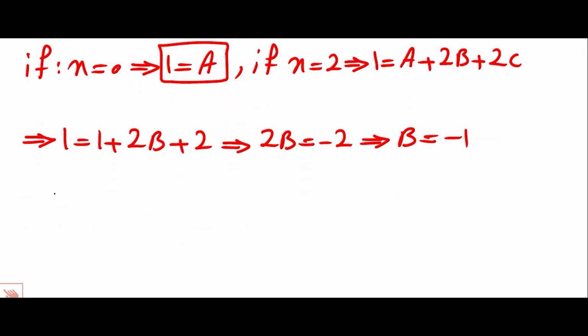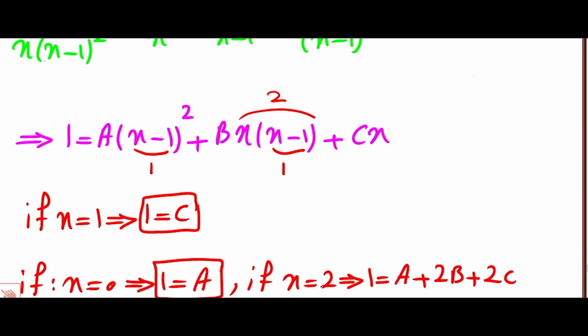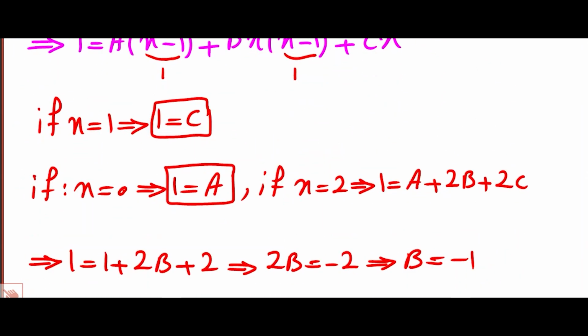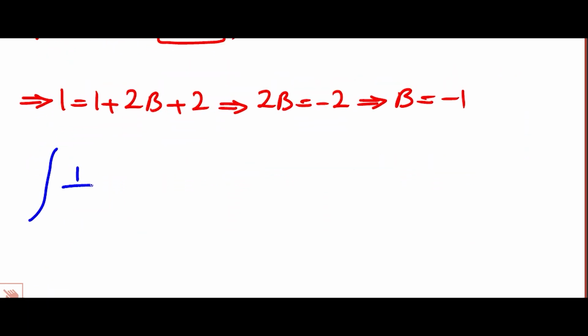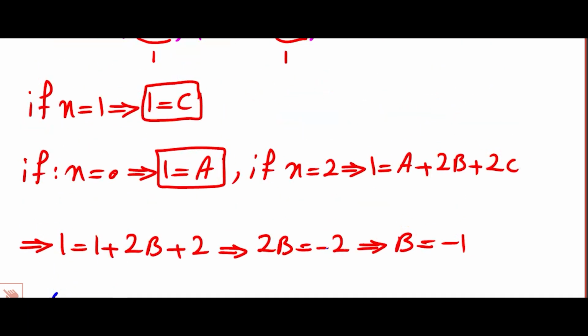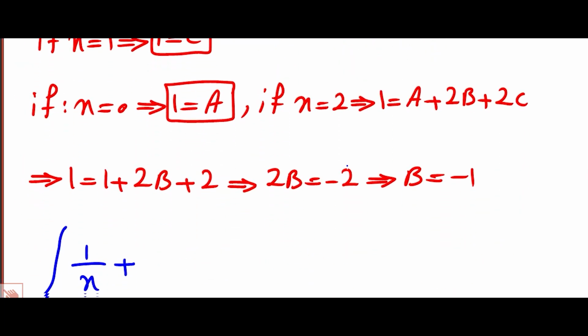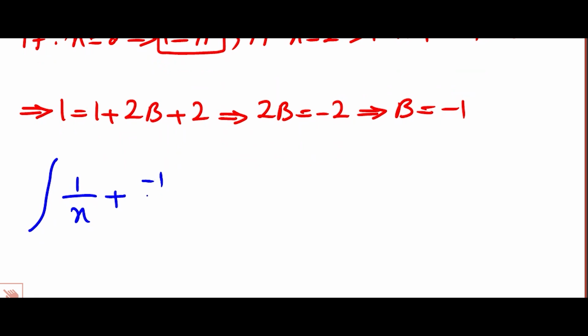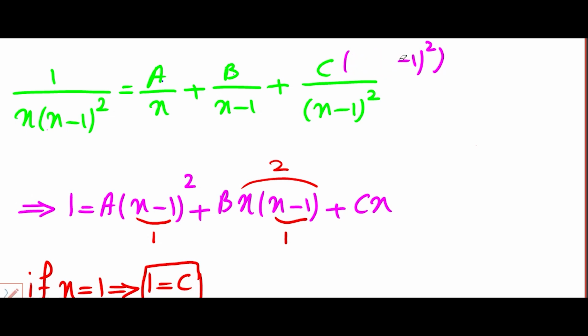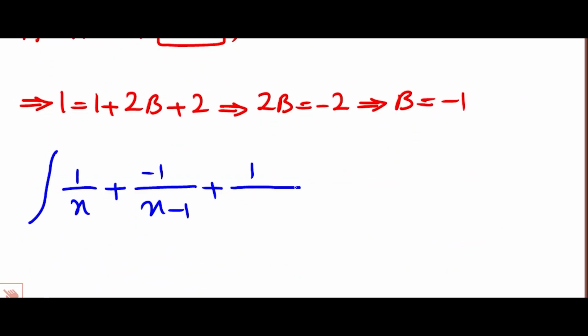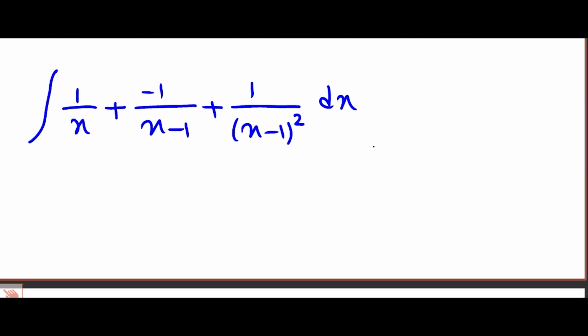So the integral becomes the integral of a over x means 1 over x plus b is negative 1. So negative 1 over x minus 1 plus c over x minus 1 whole squared. C is 1. So 1 over x minus 1 whole squared dx. So final answer is